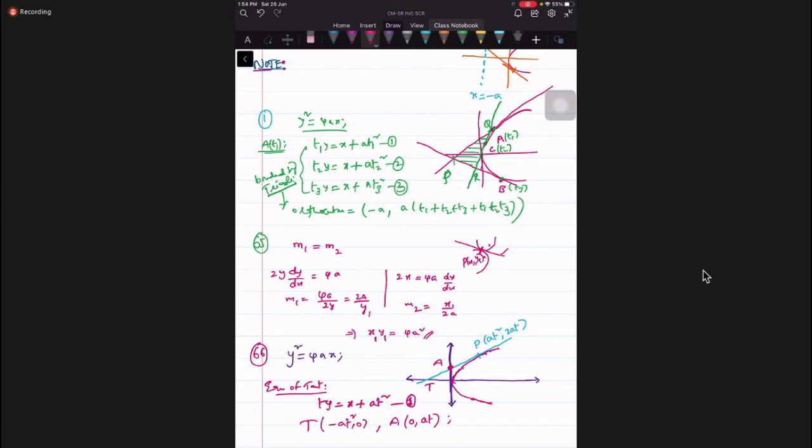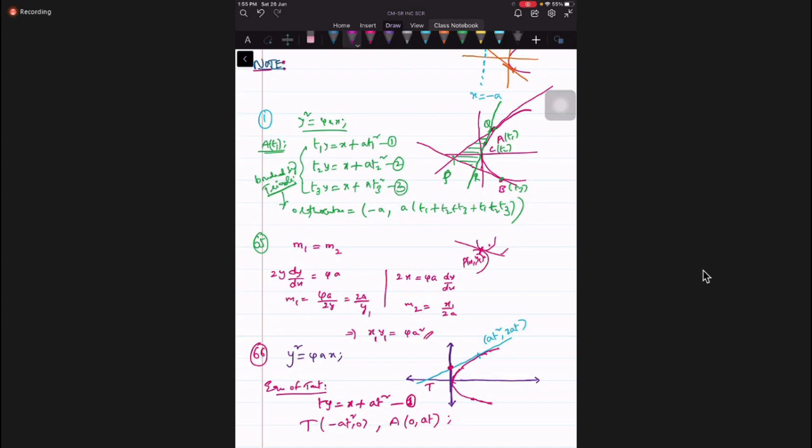TAPQ is a rectangle. Where is that Q? One second, the location of points we have taken wrongly. They did not mention this P. What did they mention? Read that sentence once again, students.